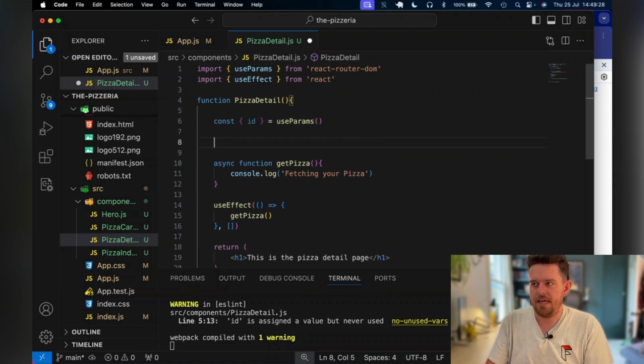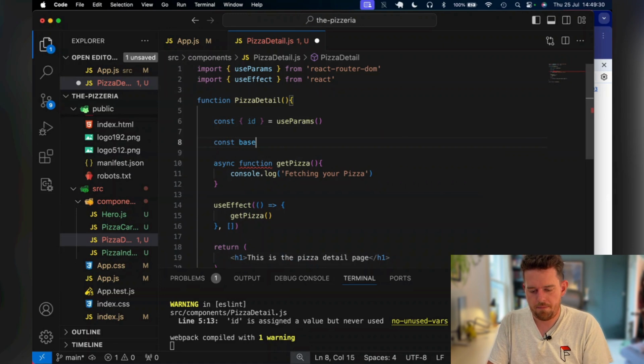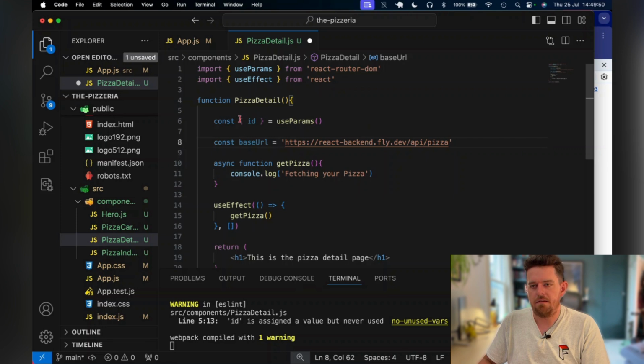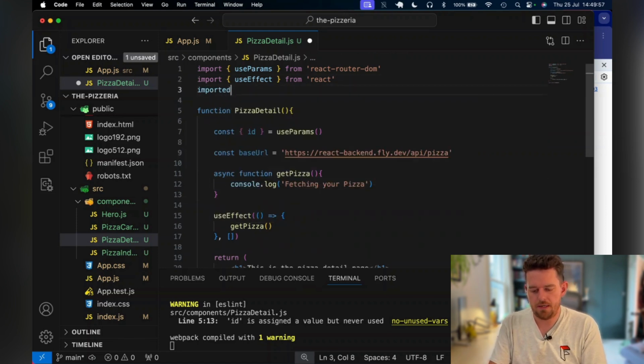So let's say here const baseURL is that React backend.fly.dev API pizza. You can copy and paste that if you like, or feel free to type it in, just make sure that it's all correct. Now we've already got the ID here. Well, that's pretty handy. So what we can do is, after we've imported Axios